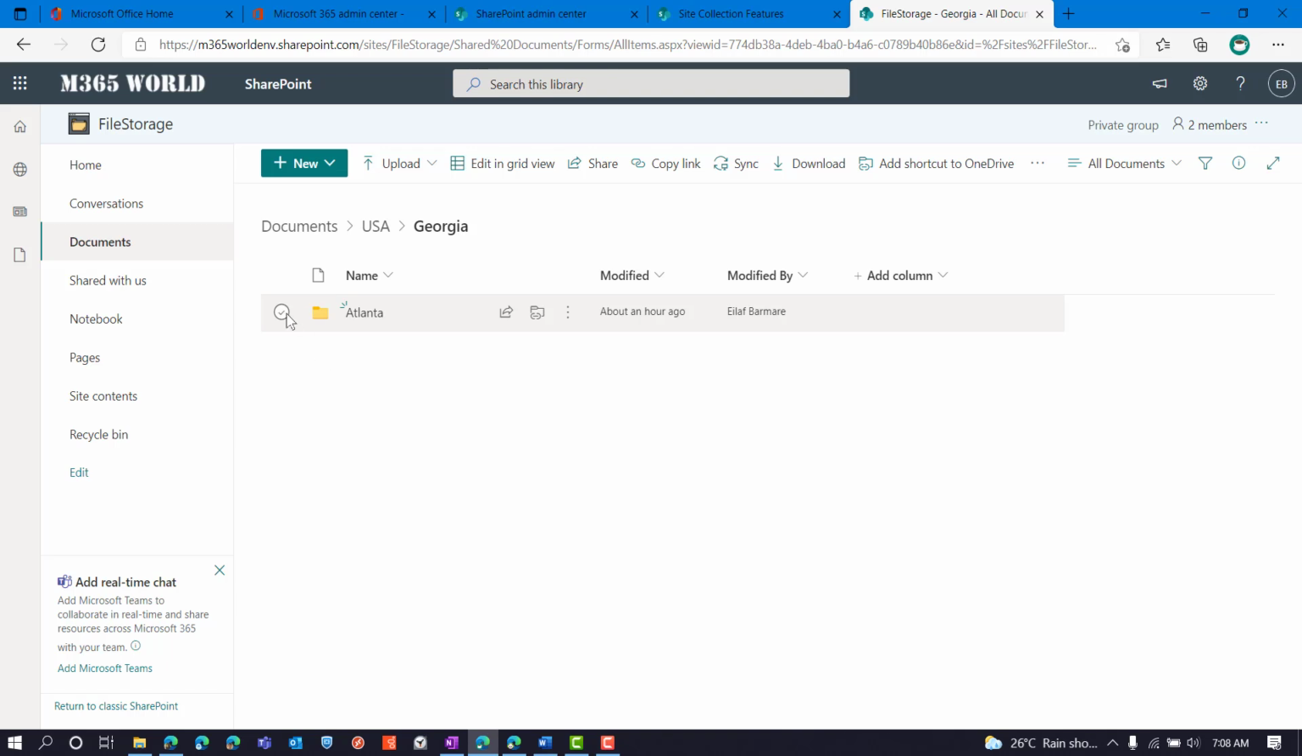So whenever I share any content, for example, I share my folder Atlanta with my user, it will grant read permission for the folder Atlanta to the user. But at the same time, it will grant limited access permission to the user on the folder Georgia, the folder USA, and also at the document library level and at the site collection level, because USA, Georgia, documents, and